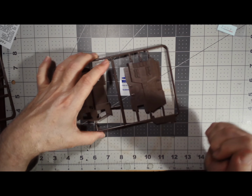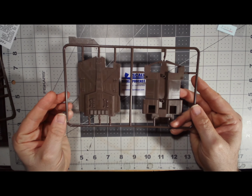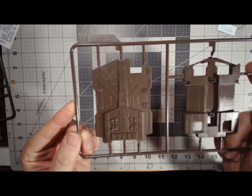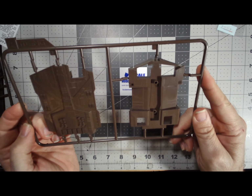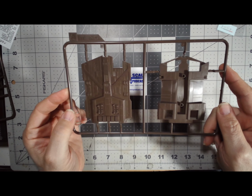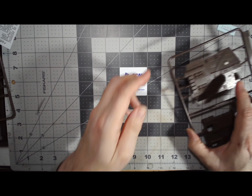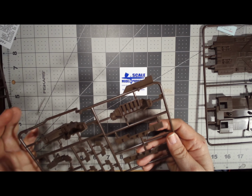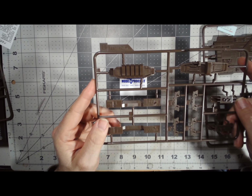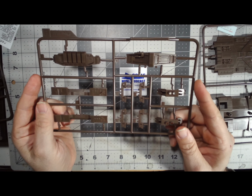Sprue A consists of the top and the bottom of the Spice Harvester. Very nicely molded. There's a lot of detail on the top there. That's sprue A. Sprue B consists of the ends of the Spice Harvester and the sides, and some of the